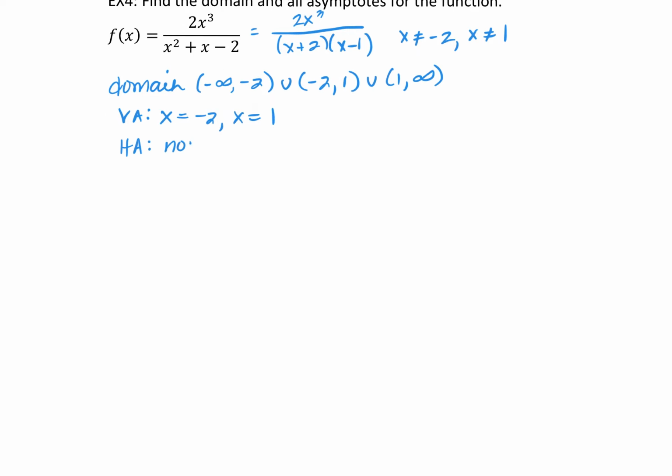There's none. And I don't even have to do the work. I see that the degree on the top is larger than the bottom, so I'm not going to have a horizontal asymptote. But let's say you're on autopilot. Let's say you wanted to do that